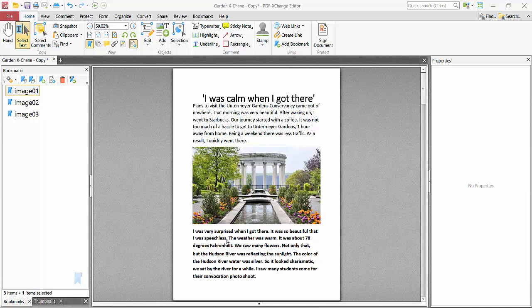Hello everyone, today I'll show you how to reset and replace a bookmark area in a PDF file using